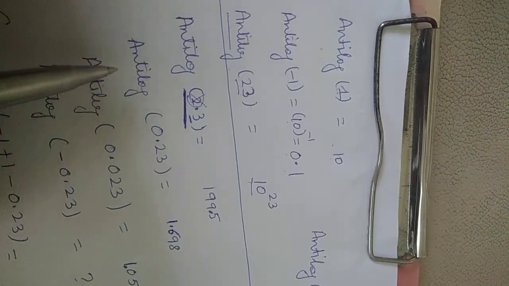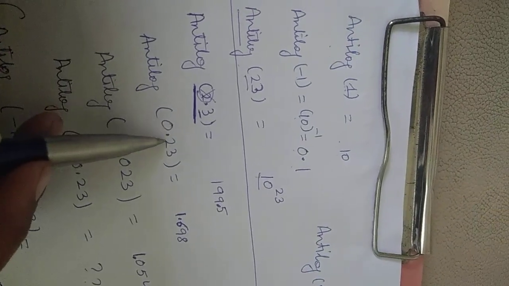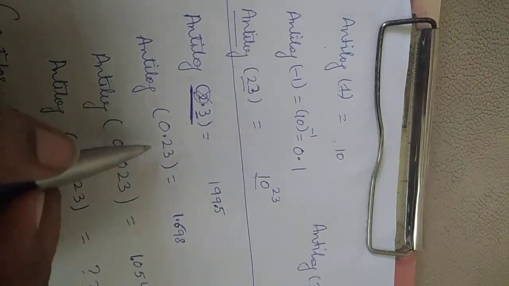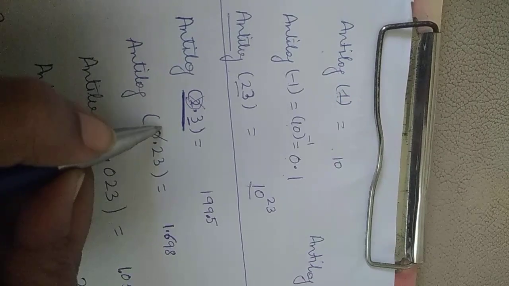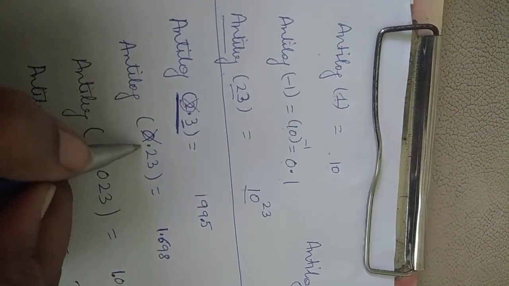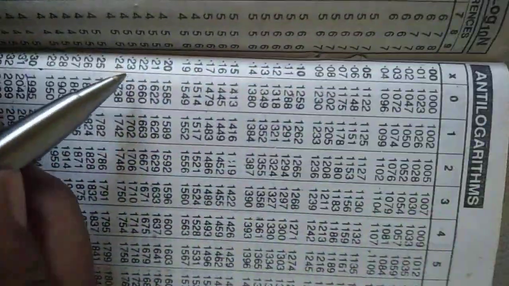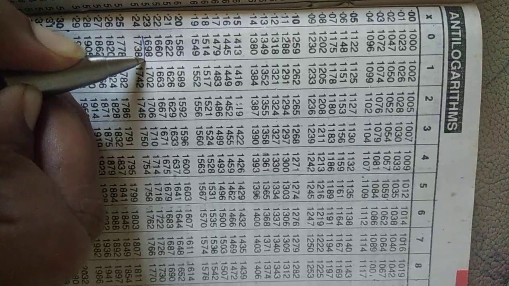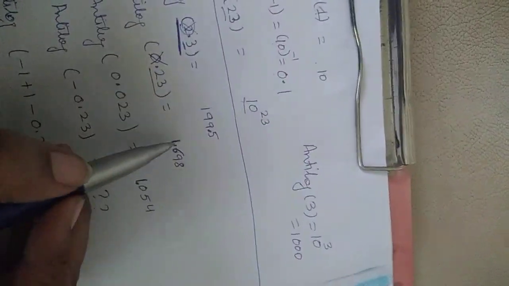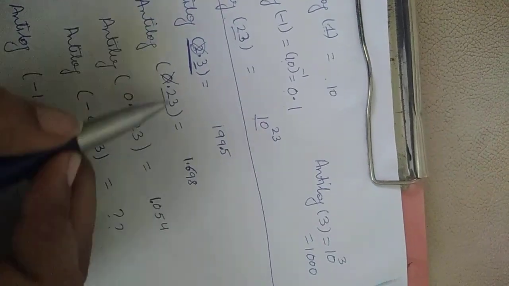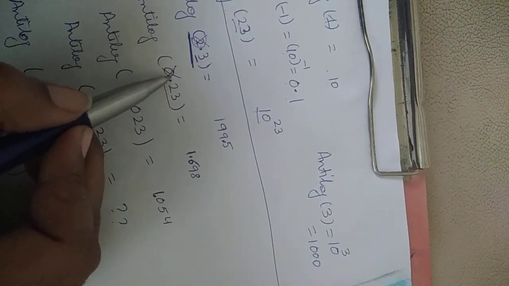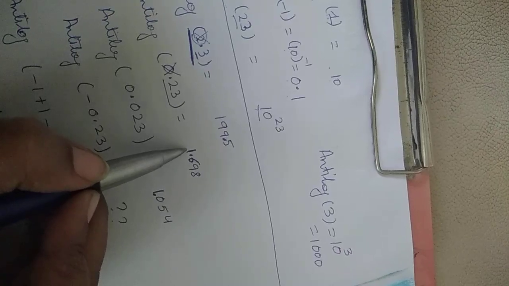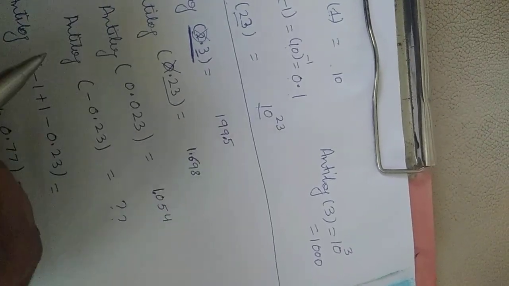Now let's do anti-logarithm of 0.23. As I told, don't break your head into this number. Let's see 0.23. So go directly into your anti-logarithm table and find 0.23. It's right here, 1698. You write here 1698. After that, here it was 0, 0 plus 1, 1. So after 1 digit, you put a point.